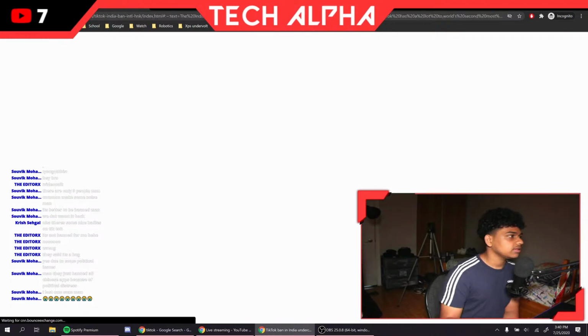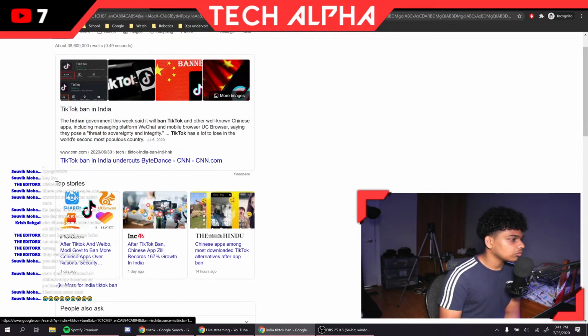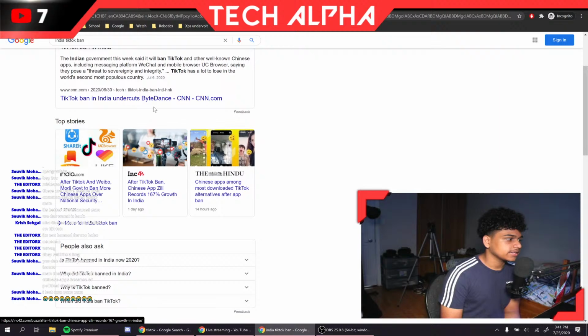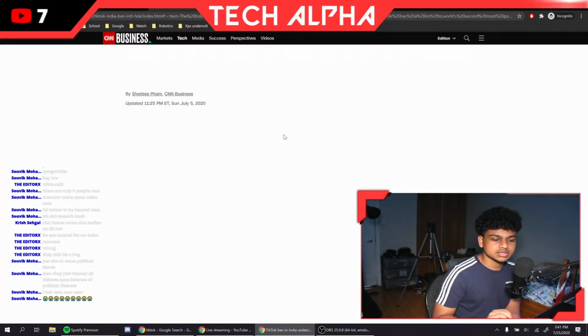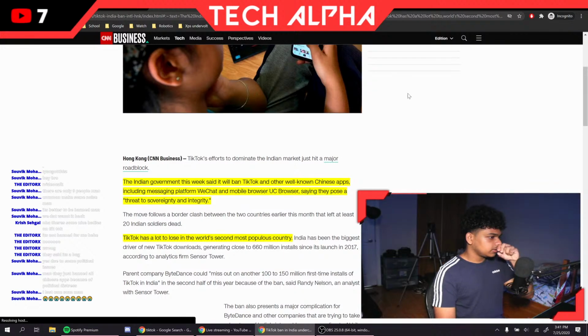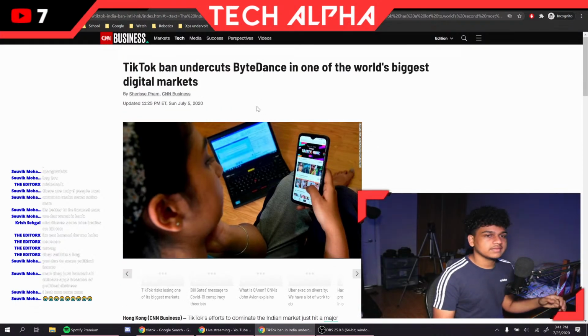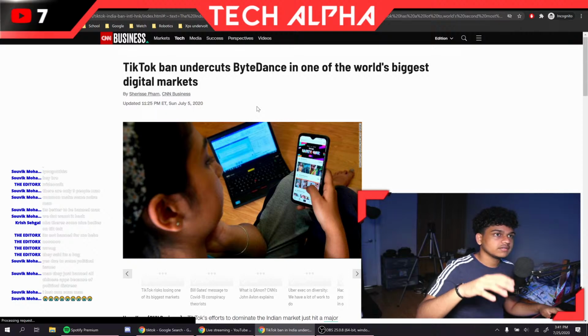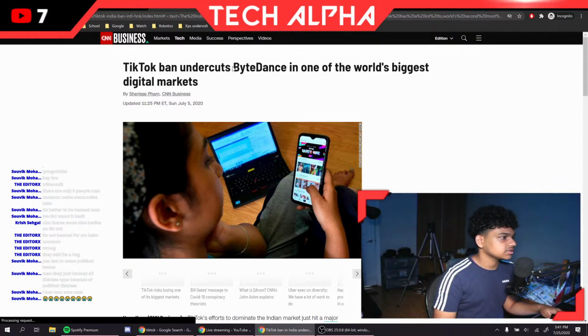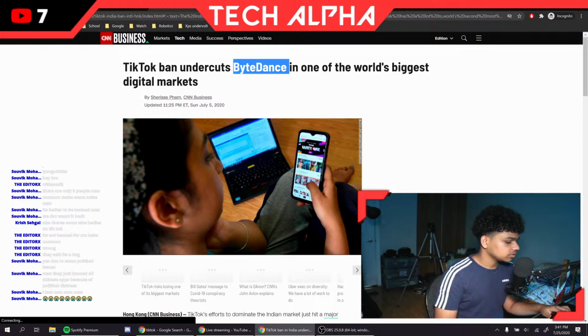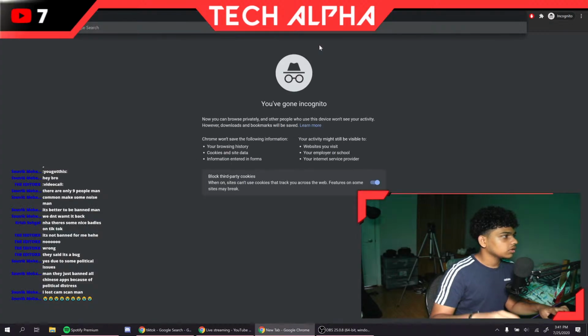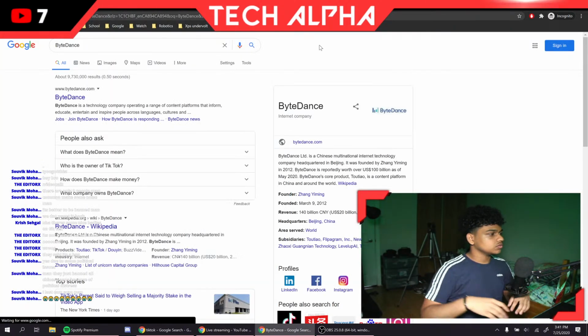Basically not, but at the end of the day, it's kind of in support of user privacy and whatnot, even though it may seem like it's just a political thing. Overall, it did do good for users, because as users, you want to value your privacy, right? And the developing company that owns these applications is ByteDance. If you do a little research on ByteDance, you'll find that it's the big umbrella that owns all these companies.